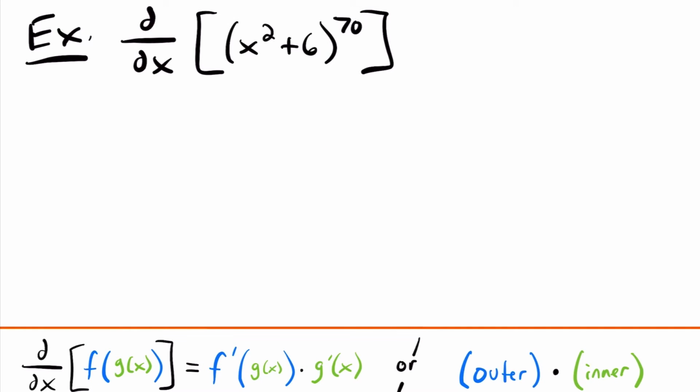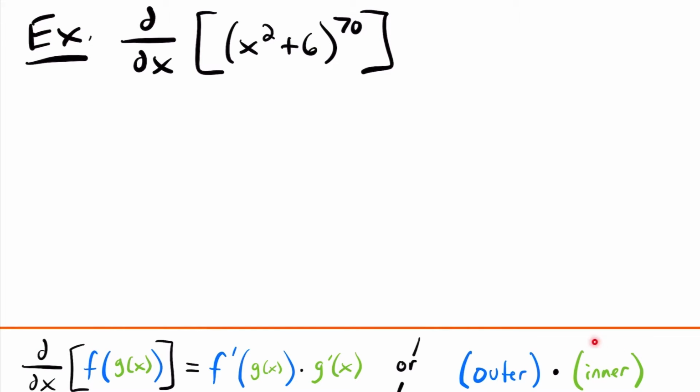All right, welcome back. Let's start with this first example here. We want to take the derivative of the quantity x squared plus 6 to the 70th power. Now that seems a little intimidating, but we can do this fairly easily using our chain rule process. And you'll notice that I have the chain rule down here that we can reference as we go through these